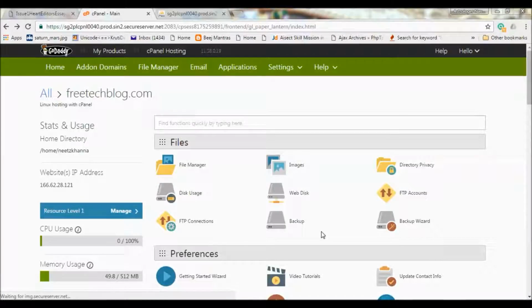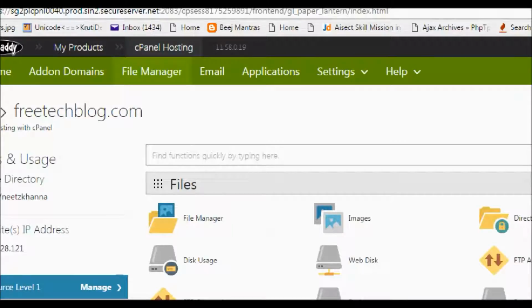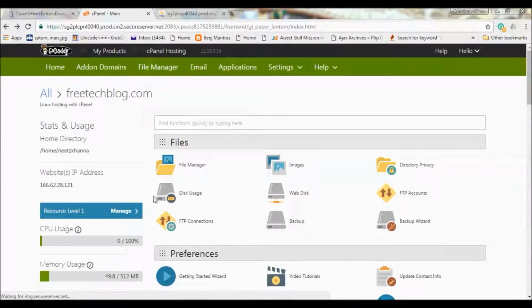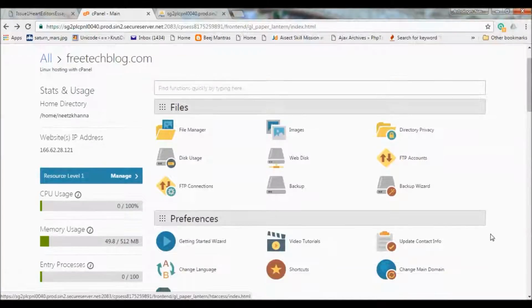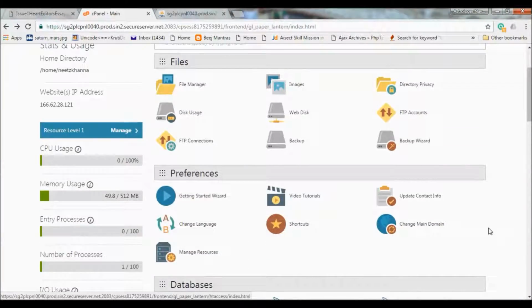Okay, now in this video I'm going to teach you how to install WordPress in your GoDaddy hosting. What we need to do is log in to your GoDaddy account and then go to your cPanel hosting. Your cPanel hosting is what this is right now, as you can see, where you have options of looking